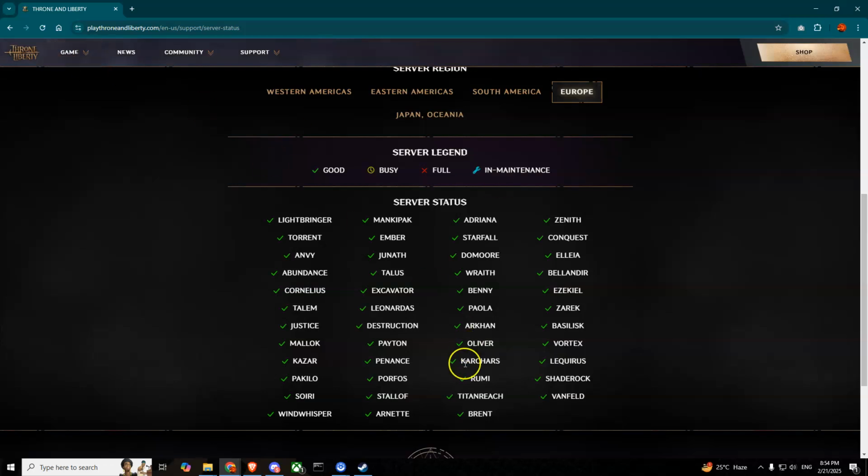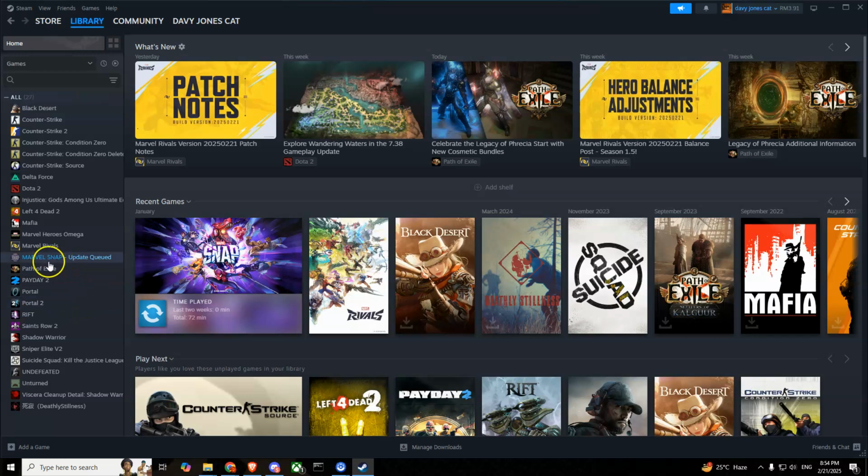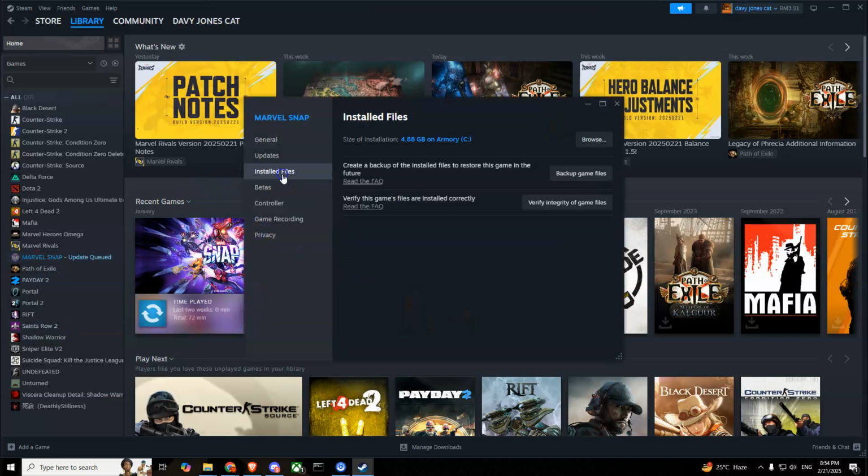end. So after that, what you can do is open Steam and then verify the game files. Simply open Steam and then right click on the Throne and Liberty icon, go to properties, go to install files, and then you'll see this verify integrity of the game files. Simply press this and it will verify the game files, and hopefully